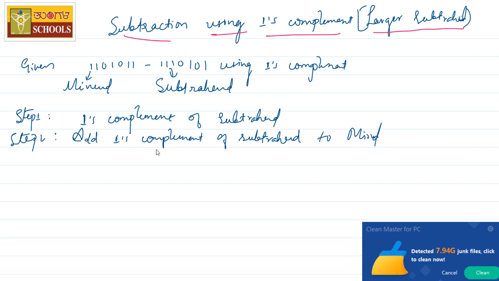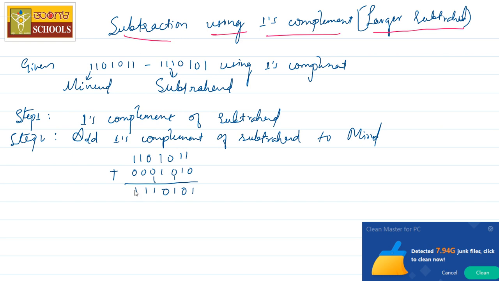See, I write here the minuend, which is 111011. The subtrahend is what? Plus, I don't directly write the subtrahend. I'll take the complement of the subtrahend, so this becomes 000, and this is 1010. What we need to do? We need to simply add these. 1 plus 0 is 1, 1 plus 1 is 10, and so on.